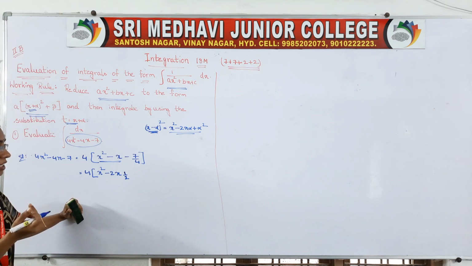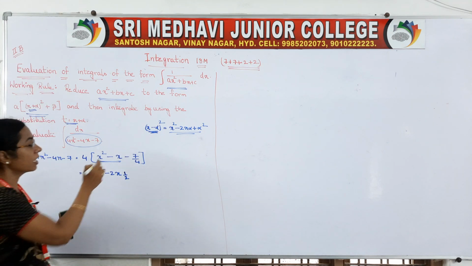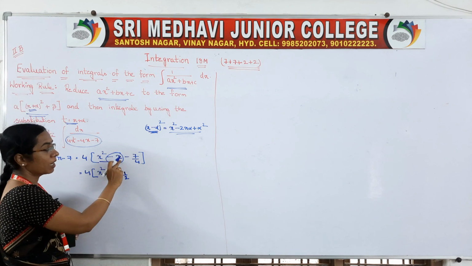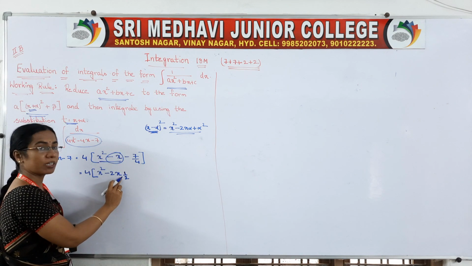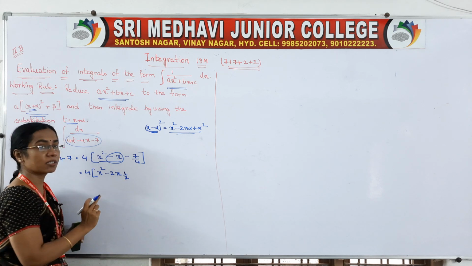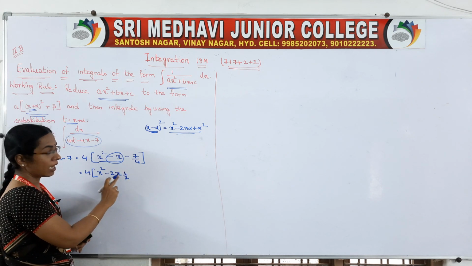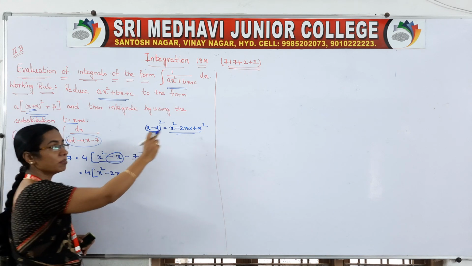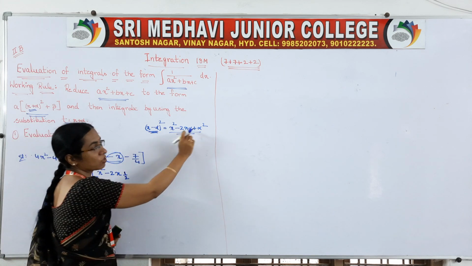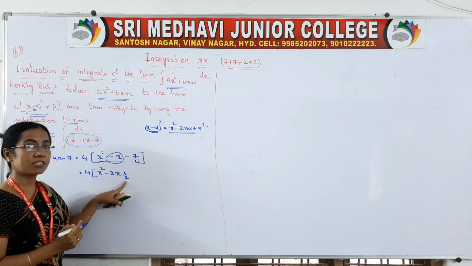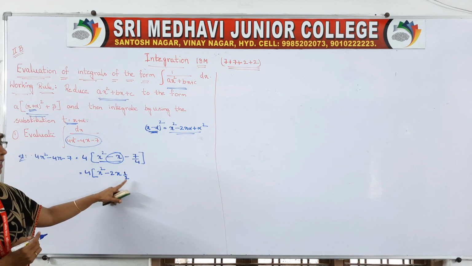So here we have to decide alpha. How will we decide? By seeing this value. Here minus x is there. Already I have taken minus 2x. Make it balance. How? You multiply with 1 by 2. So 2 cancels, and again it will be x. At the same time it is of the form minus 2x alpha. That means what is alpha? Alpha is 1 by 2.